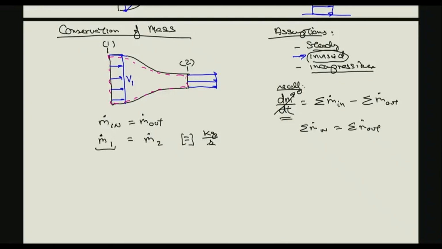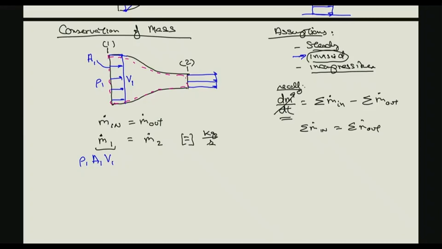And then, you could identify the density at this location and then the flow area at this location, A1. So if it's a circular nozzle, it would be that circular area. Then the mass flow rate